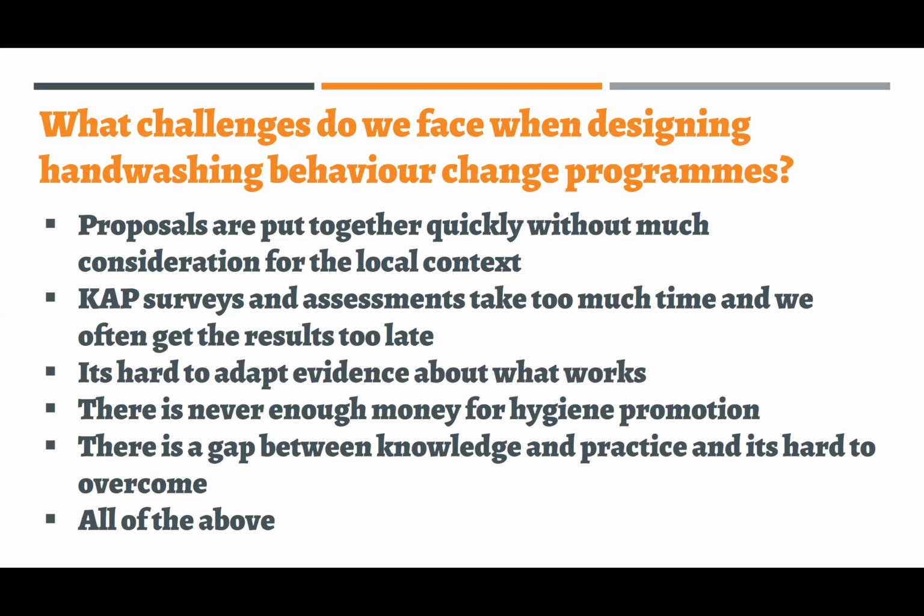Okay, so looking here at the results, it seems like many of you have faced similar challenges in the work that you're doing. In particular, the one that got the most votes is this last point about the challenge of overcoming the gap between our populations knowing the right thing to do and actually doing the desired behavior. So I want to also thank you for your honesty in this poll, because sometimes it's a difficult process to create a space where it's okay to talk about the challenges and limitations of our programming. And this really forms the ideal stepping stone to making a commitment to trying to do programs better in the future. So if we exit that poll and keep going,